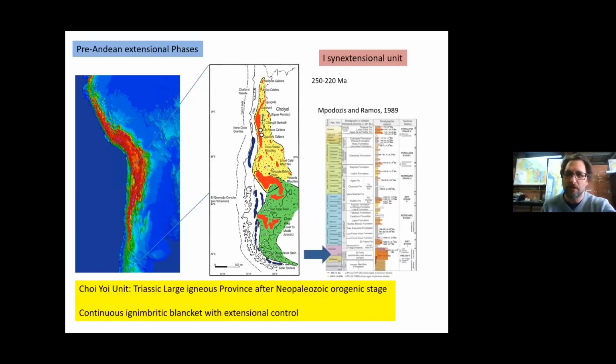The first extensional unit in the South Central Andes is composed of rhyolites of middle Triassic age, which correspond to the Choiyoi group. The Choiyoi group is basically a large igneous province in the Andes, in the retroarc zone of the Andes, and they constitute a continuous blanket through the retroarc zone. We are going to call it the first extensional unit. And after this,